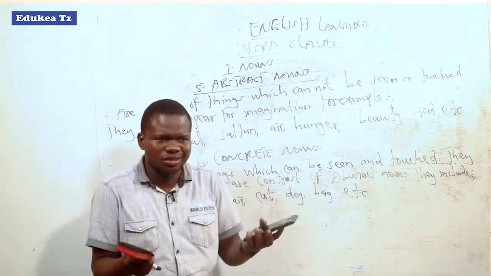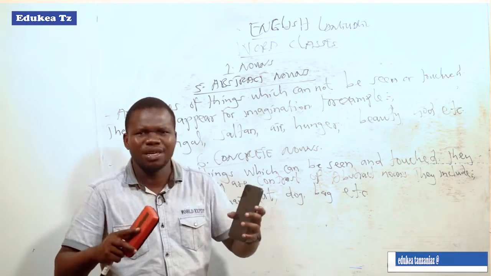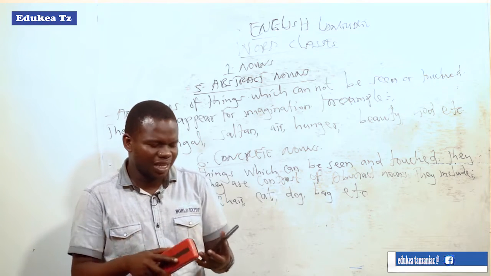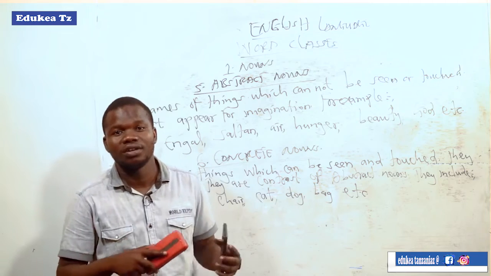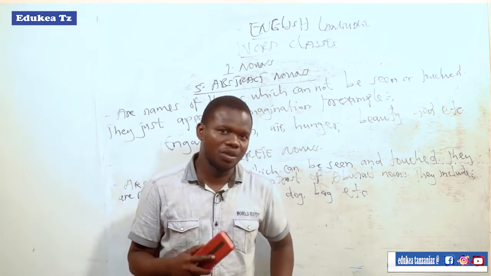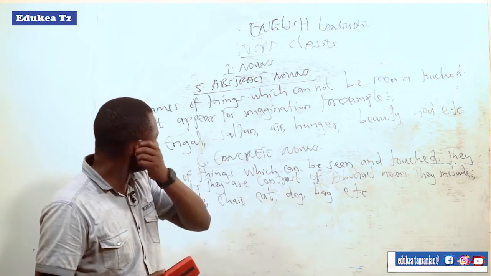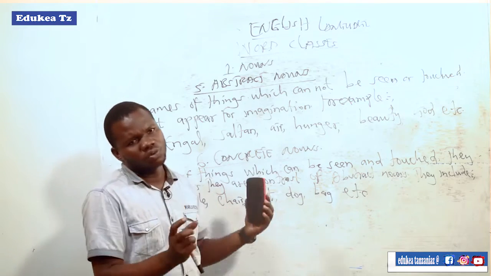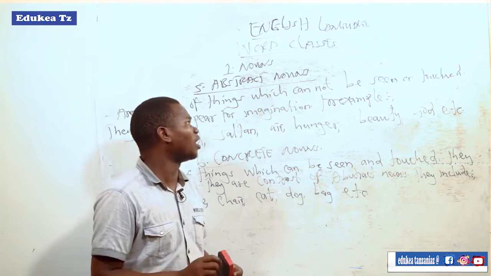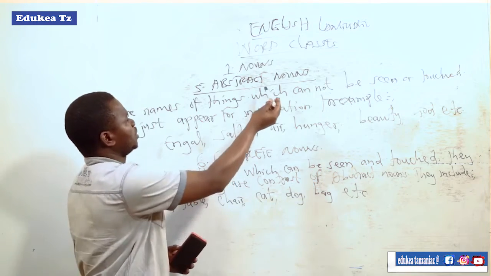It's the biggest. I don't like a bigger phone. I just like a medium phone that is not too big or too small or too thin. So just like that. So this kind of nouns, or this group of nouns, are called abstract